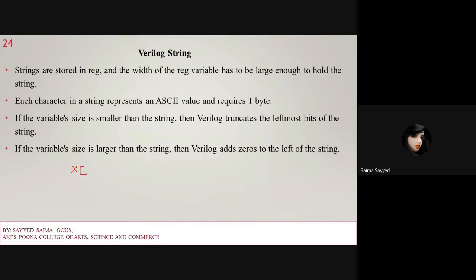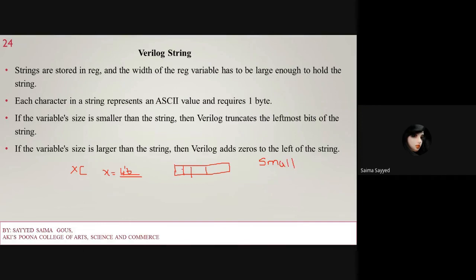Suppose x is a vector, a 4-bit number, and I have to write a small word as my string, SMALL.